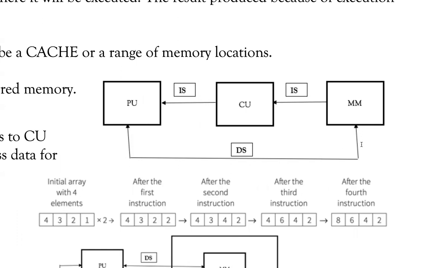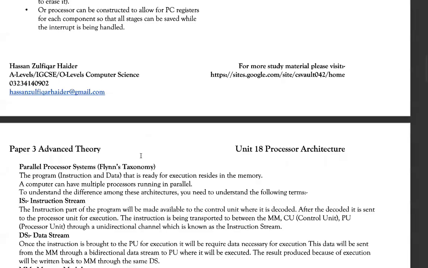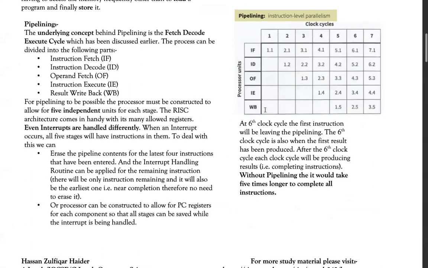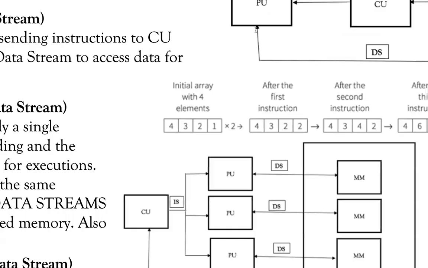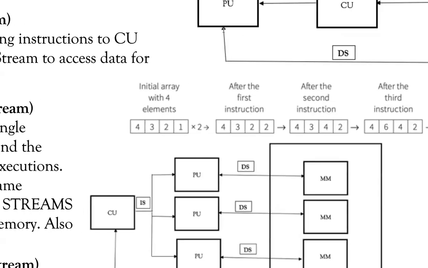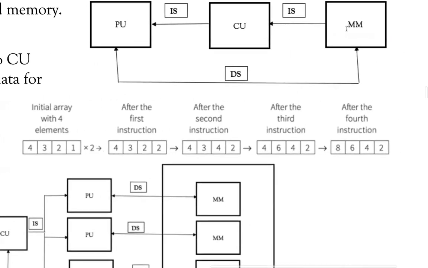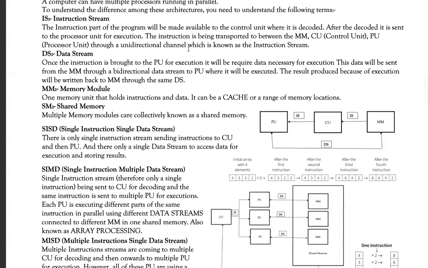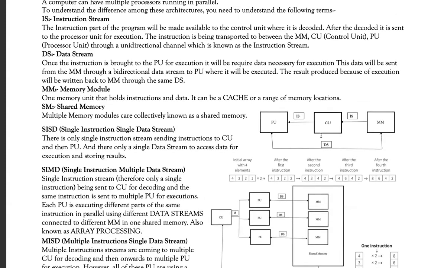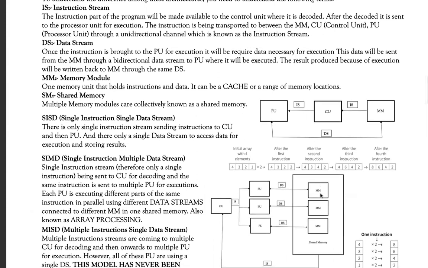So I'm not only fetching operands from the memory, I will also write back. Remember, in pipelining we talked about the write back process, in which the data is supposed to be written back to the memory. That write back process is carried out on this channel, and the data is written back in reverse into the memory module. So these are the different basic components of your processor that will be considered here.